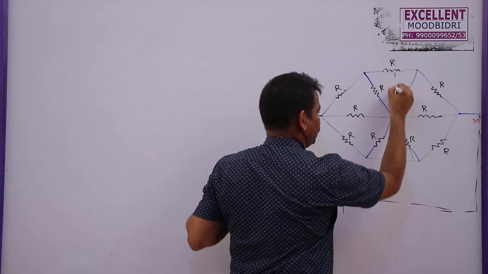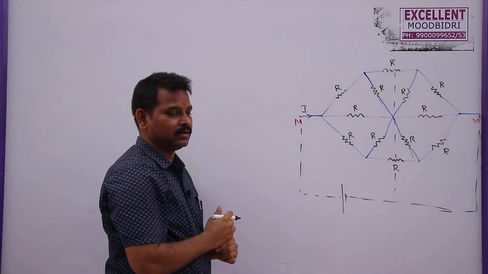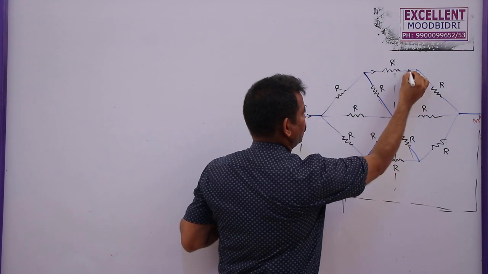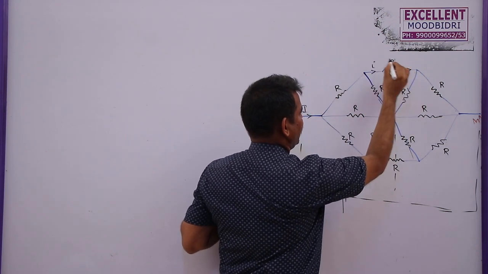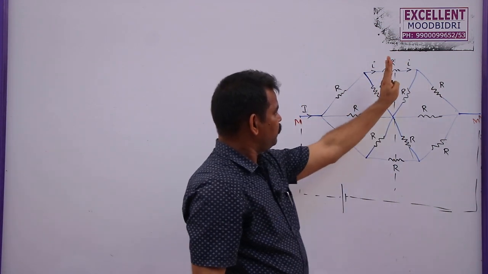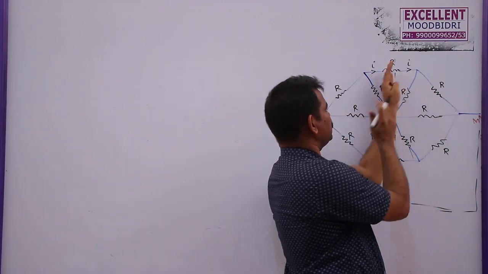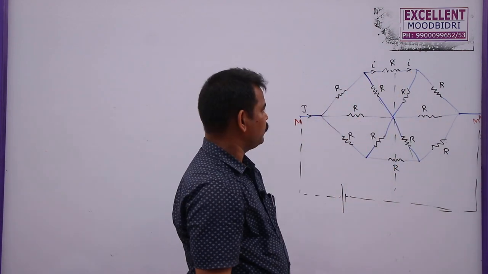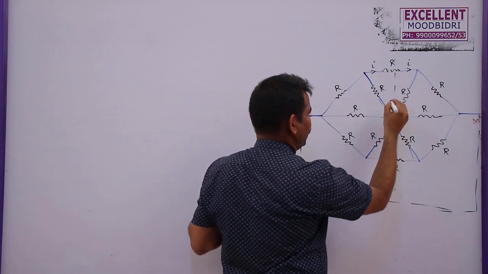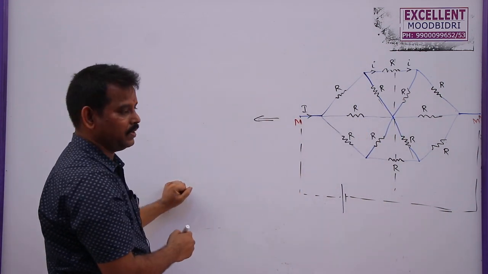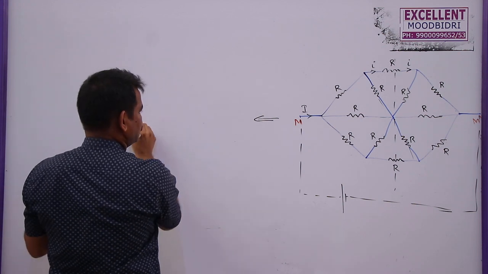Now you can take one perpendicular axis here. About the perpendicular axis, this is symmetrical, but already I told you in perpendicular axis symmetry, if it is I, current this is I, this is capital I, this is small i. Here if you fold this diagram about this axis, this current and this current will be opposite if you fold the circuit. But what we can write, the same diagram as it is symmetrical about the perpendicular axis of symmetry, we can write this as